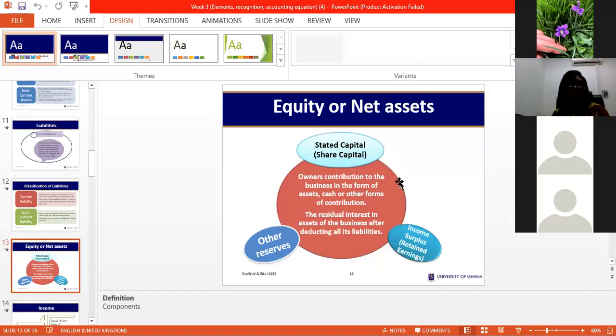Somebody wants to know the difference between a loan and an overdraft. Of course, these things are just terminologies. The only thing is that they have different characteristics. Okay, and so a loan can be short-term or long-term. That one, you go to the bank or you go to the financial institution and they give you a specified amount of money for a period with certain terms and conditions. With an overdraft, the characteristics or features of an overdraft allow you to withdraw beyond the amount of money you have on your bank balance, sorry.